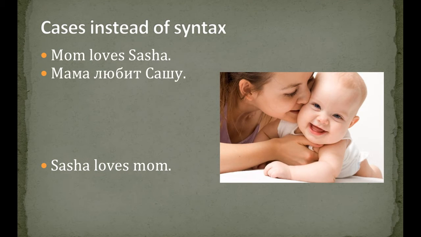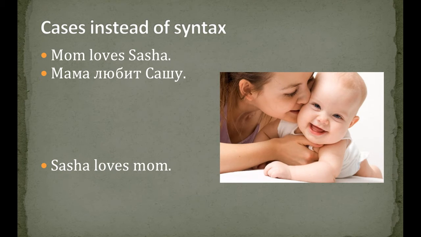So long as you're changing the ends of words according to what's being said about them, a Russian knows exactly what you mean. Okay? So, for example, mama is in its original, also known as nominative form, because it's the subject of the sentence. It's the person doing the action. Любит is the verb. And the thing that's being loved, look, the end of that name changed. Changed to an u. Okay? And that is because it's the direct object, so it's getting what's called the accusative case.